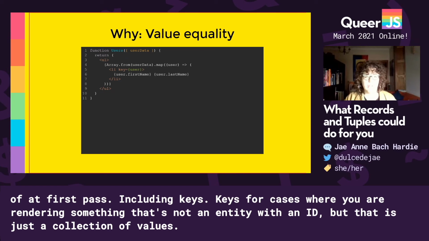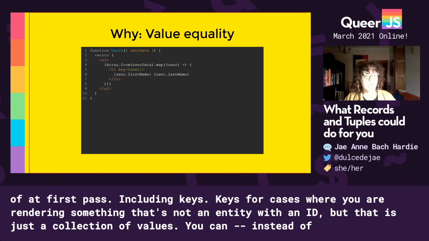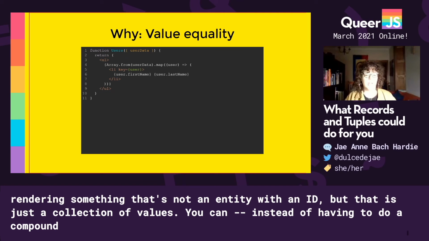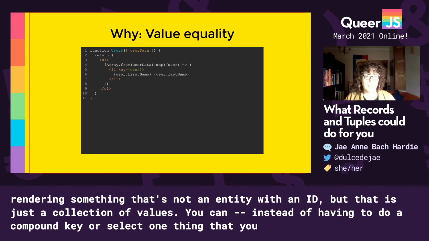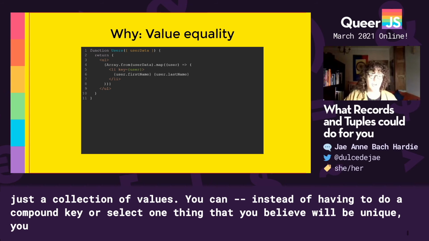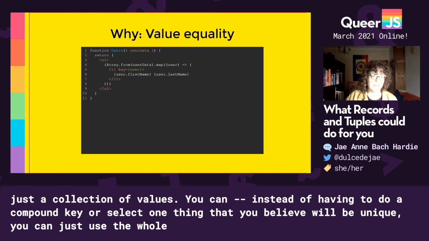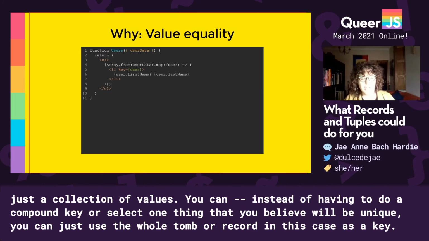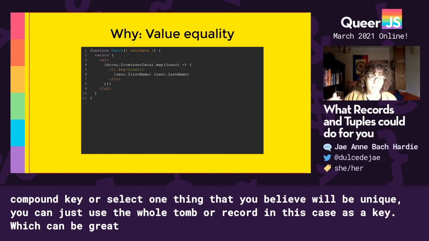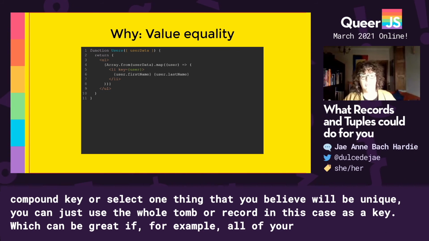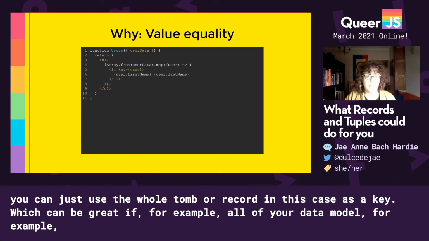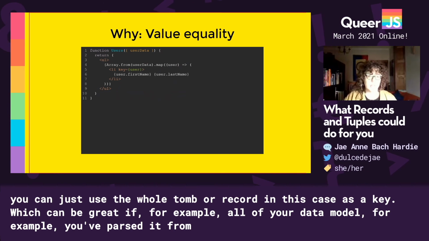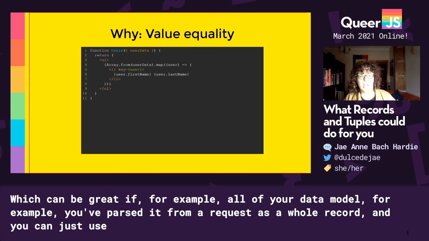Instead of having to do a compound key or select one thing that you believe will be unique, you can just use the whole tuple or record as a key, which can be great if, for example, you've parsed your data model from a request as a whole record, and you can just use